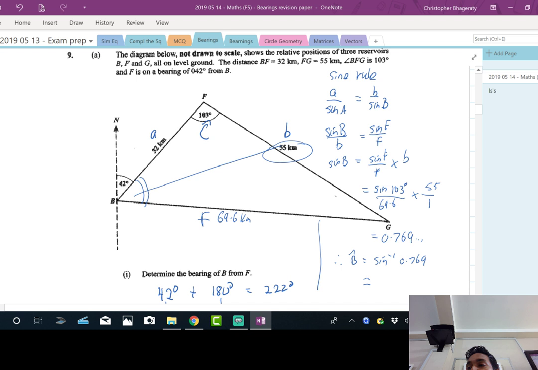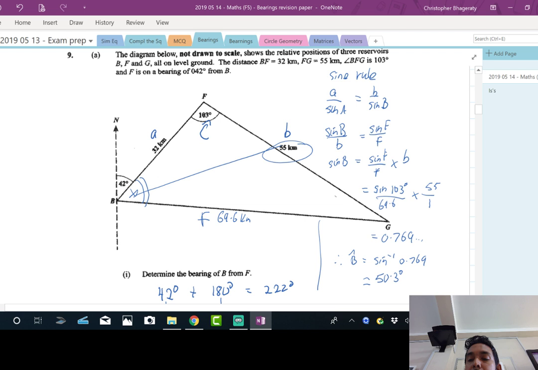Now, we're not done, because that's just this piece on the inside here. What did they ask for? The bearing of G from B. And that's this whole angle here. You have 50.26, which we rounded off as 50.3. Therefore, the bearing of G from B would be equal to